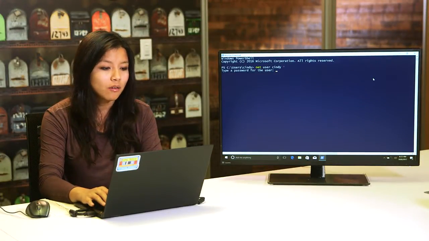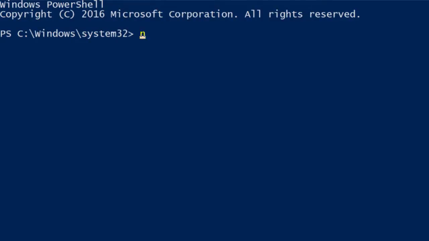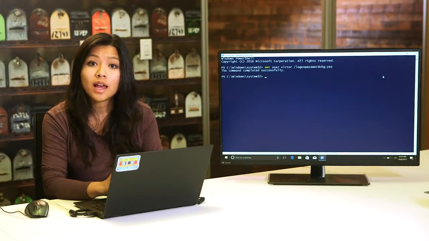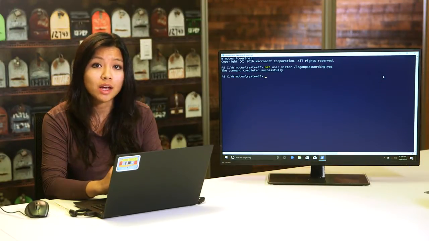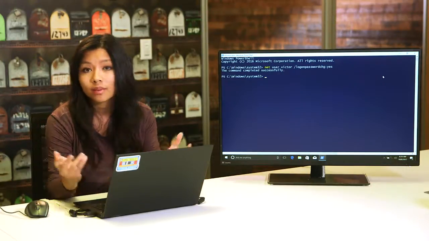So I'm just going to force Victor to change his password on the next logon. So net user Victor /logonpasswordchange:yes. The /logonpasswordchange:yes parameter means that the next time that Victor logs into this computer, he'll have to change his password. Sorry, Victor,